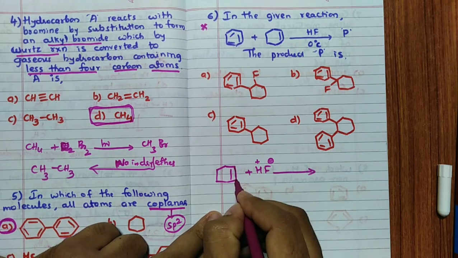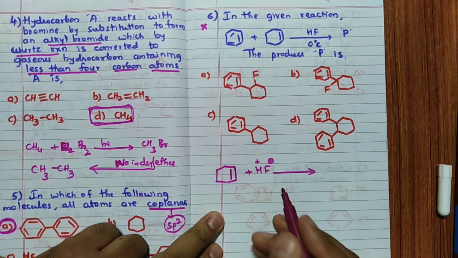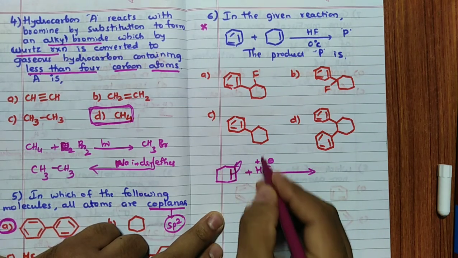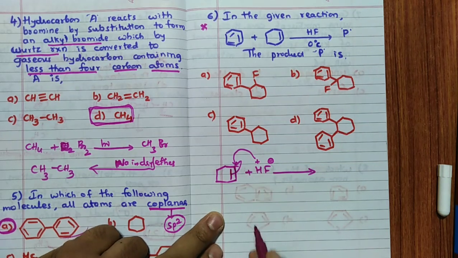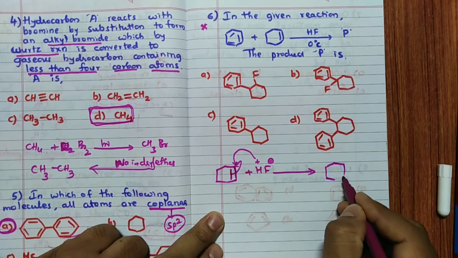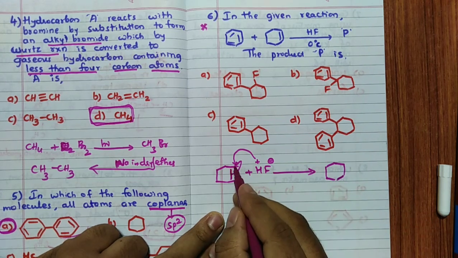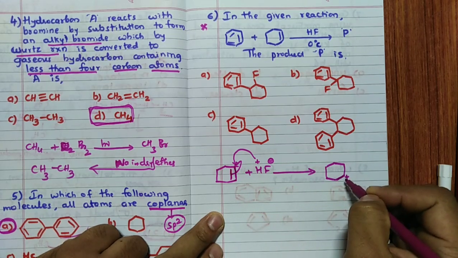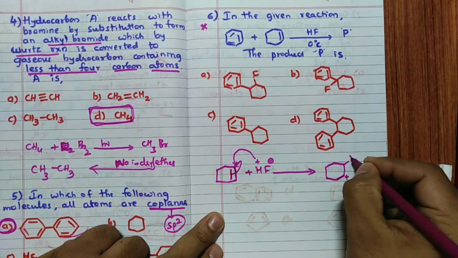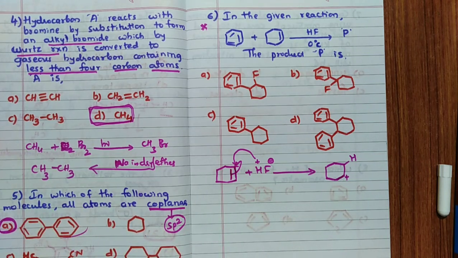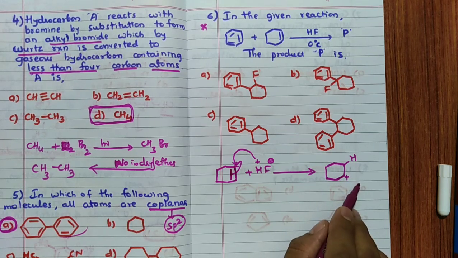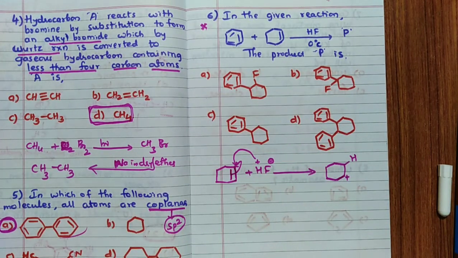So what it will do is, in this particular case, here you can see this electron is taken by this, and this H plus will attack on the same carbon. So you are going to get it like this. Remember, when the electron goes to this carbon, this carbon gets a positive charge, and here H is going to attack. Fine. Now, you can say F minus is going to attack this molecule, forming a C-F bond here. But is that product given? No. Hence it is not possible. You have to think, common sense should be there.